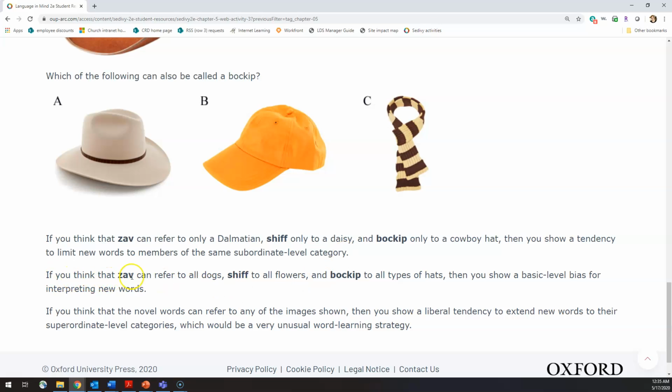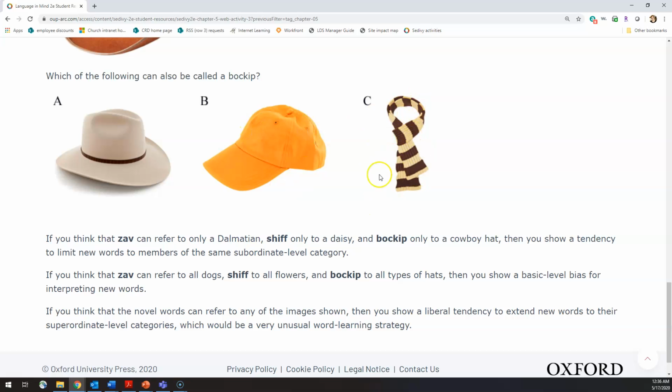But if you think that Zav can refer to all dogs, Schiff to all flowers, and Backup to all types of hats, then you show a basic level bias for interpreting new words. This, as you know from the lecture, is the most common level of understanding for adults of any language. So it would not surprise me at all if you engaged in this basic level bias. You probably saw a Backup, and you wouldn't surprise me at all if you thought this and this are Backups,